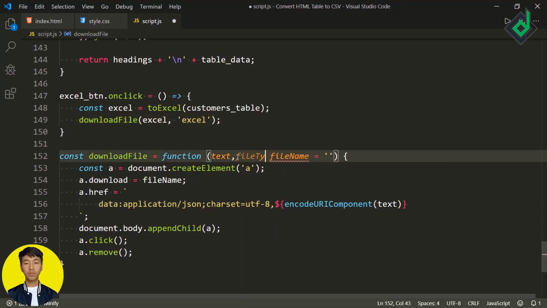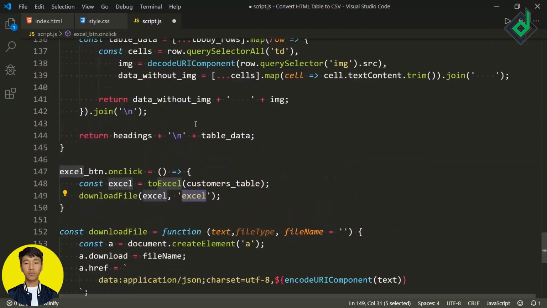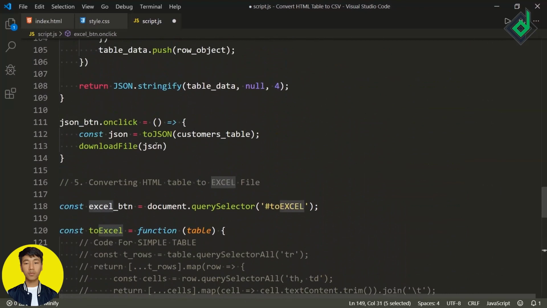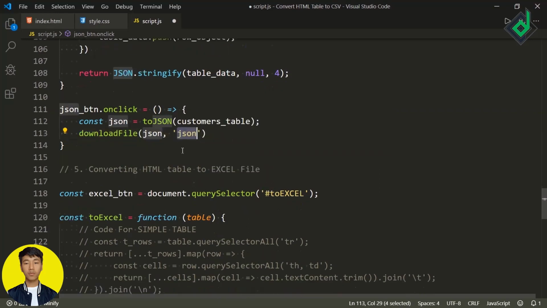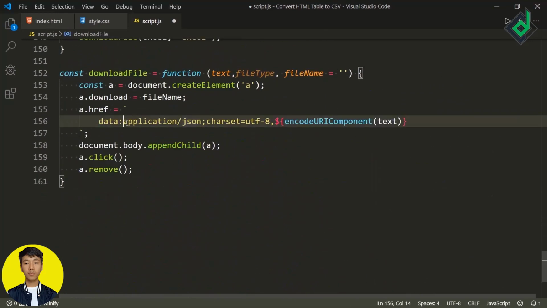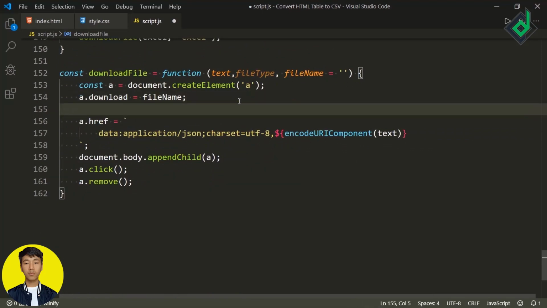When you are calling that download function, let's take that second parameter as fileType, and also let's modify some code. When you are downloading the JSON file, now we need to pass the second parameter. I'm giving JSON. So now instead of that application/json, we can make that mime type dynamic. Just below that, let's create a constant variable mimeTypes, and I'm assigning an object.